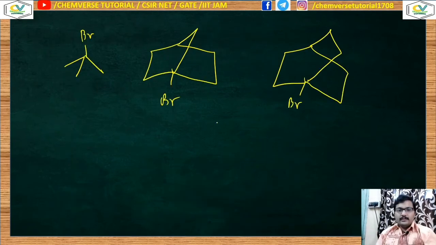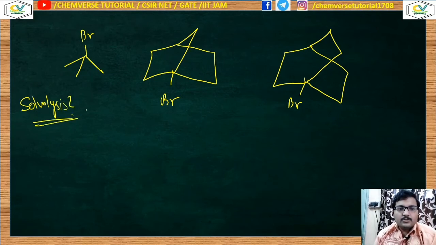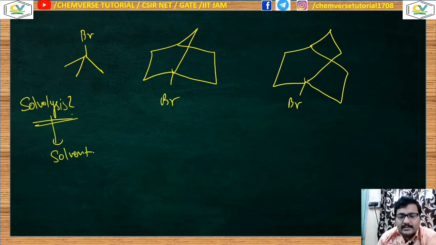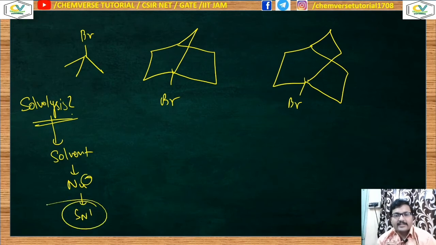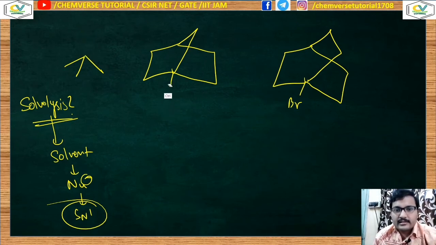Okay. Now what will be the rate of solvolysis? What will be the rate of solvolysis? Rate of solvolysis means nothing but the solvent is acting as your nucleophile, and all of this kind of reactions follow the SN1 reaction mechanism. So solvolysis means SN1 reaction mechanism. SN1 means there will be positive charge, that means a carbocation will be formed. So let's draw the structure of the carbocations over here. You will get your answer.